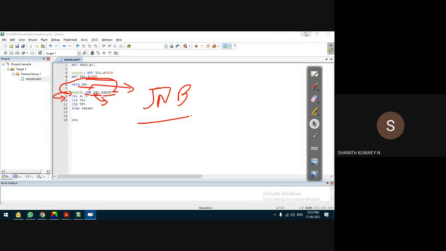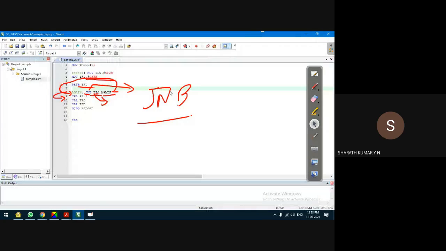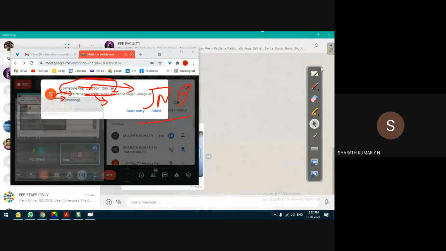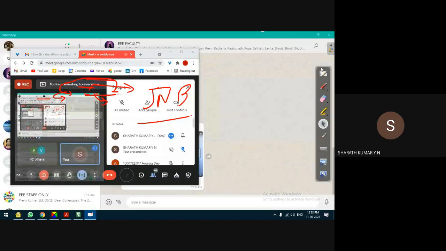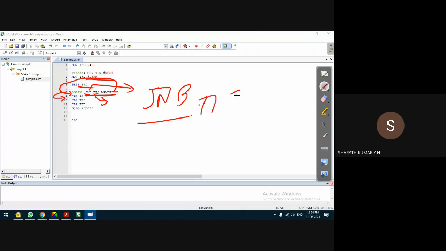So that means the compiler is forced to execute the same line, or wait, till the flag is set to 1. In compiler terminology, the compiler is forced to execute the same line till the flag is set to 1. Once the flag is set to 1, the compiler will come out of the loop. If, let's say, TF0 never gets set because of some problem, then, of course one day it has to set, but in case it does not set, this line becomes an infinite loop.